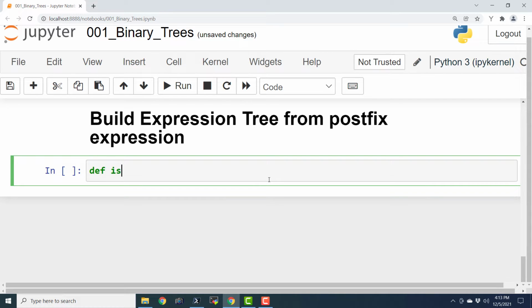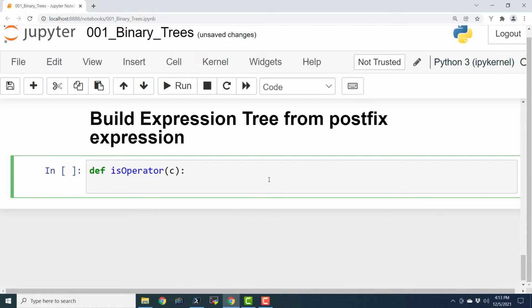Def is_operator, and c. So c is a character that we are passing to it.